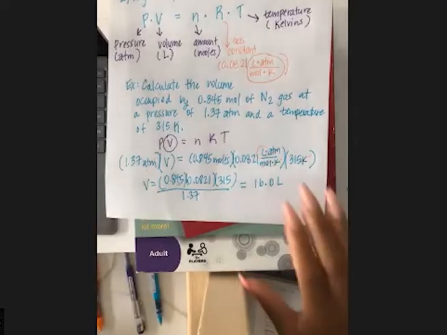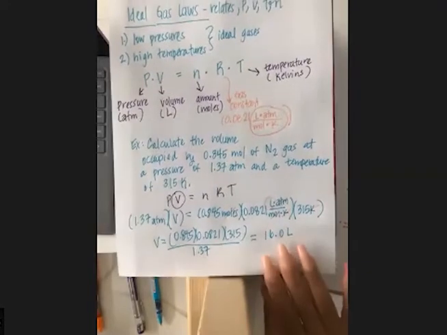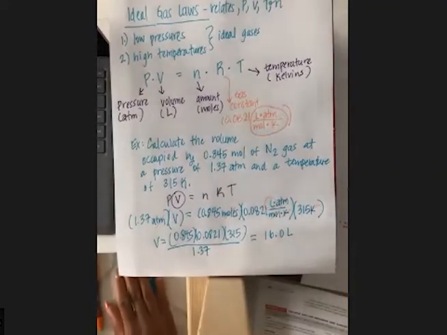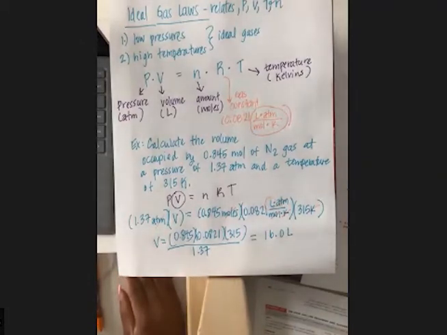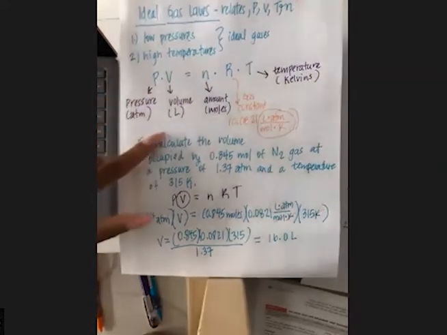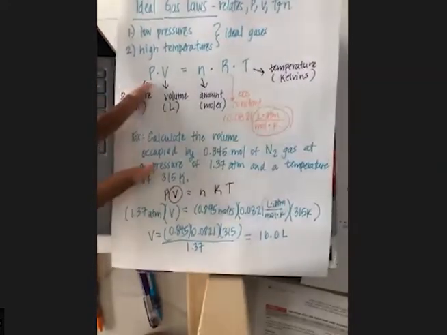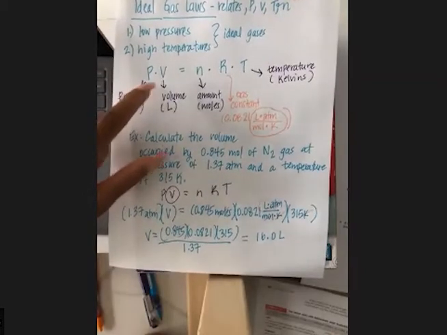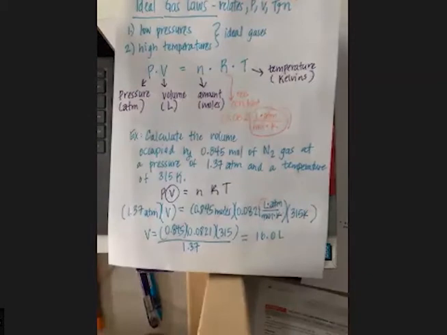All right, so I just want to point out the main difference in the ideal gas law and the simple gas laws. The main difference is the simple gas laws only relate 2 or 3 variables at a time. So meaning, like I said, if the pressure goes up, the volume is going to go down. So that's relating the pressure and the volume. Or if the temperature goes up, the volume is going to go up, and that's relating the temperature and the volume only. When I relate all the different measurements of gases, like the pressure, the volume, the temperature, and the amount,